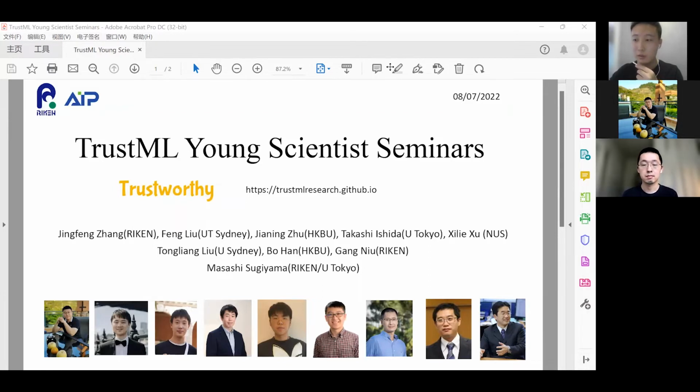Before that, allow me to briefly introduce RIKEN AIP to our guests and audience. The full name of RIKEN AIP is RIKEN Center for Advanced Intelligence Project. AIP was founded in 2016 as the research center for the Japanese AIP project. The AIP Center conducts Japan's leading AI research, which is led by Professor Sugiyama. AIP aims to enhance AI fundamental research, and AIP encourages collaborations with various researchers and engineers in related fields.